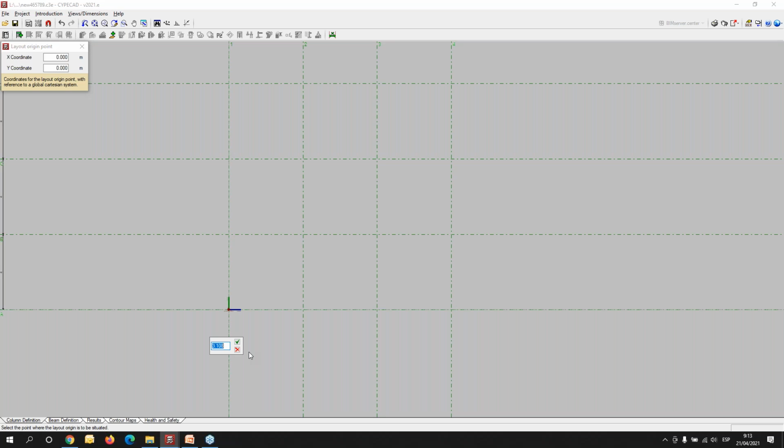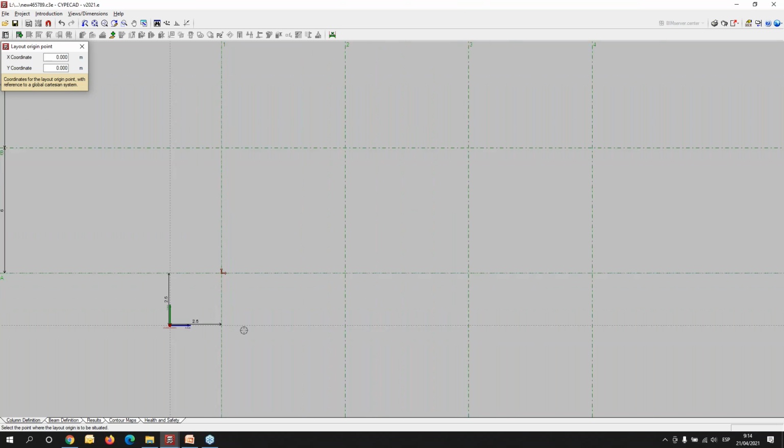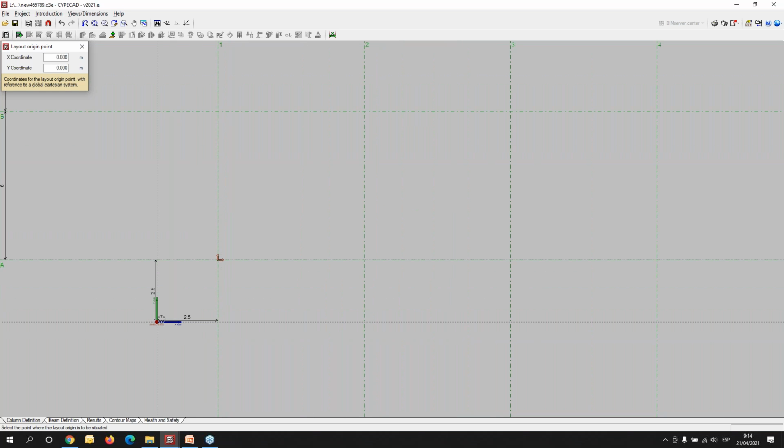I can define the layout origin point inside the geometry of the building or outside too. In this case, I will use